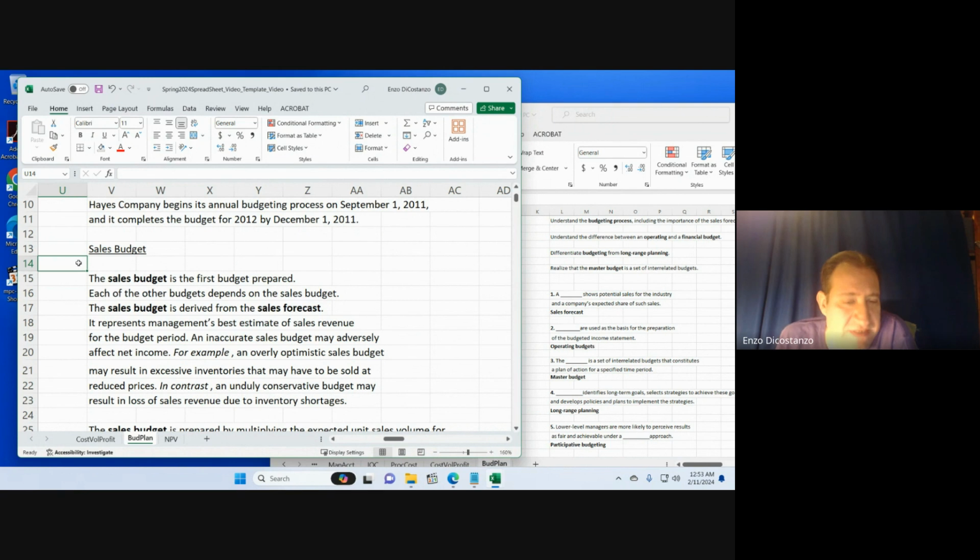Like I said, we're going to go through the Excel, because as I said, we've discussed all these topics in the PowerPoints. So I don't feel compelled to really go over a lot more of just the ideas here. I want to go through the Excel, but anyway, you have to be careful about overly optimistic budgets or too conservative a budget.